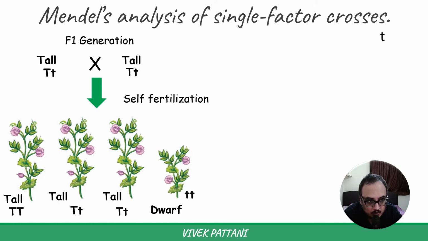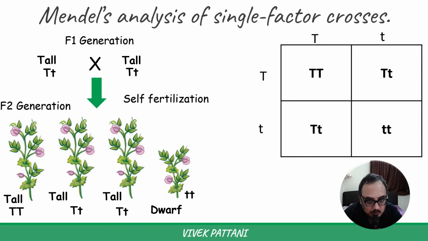Mendel crossed the parent plants from the F1 generation, which gave rise to similar types of generations in the F2, which produced tall plants and also dwarf plants, of which some of them are hybrid and some of them are pure also. Now by using the Punnett square,